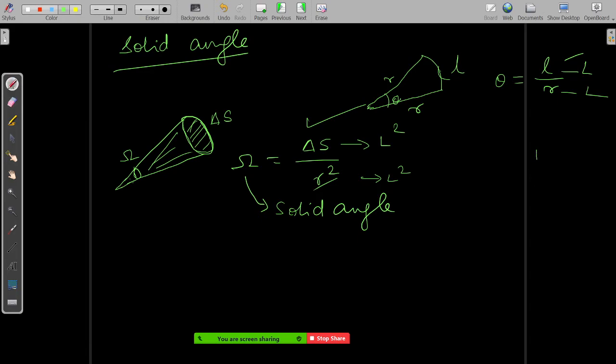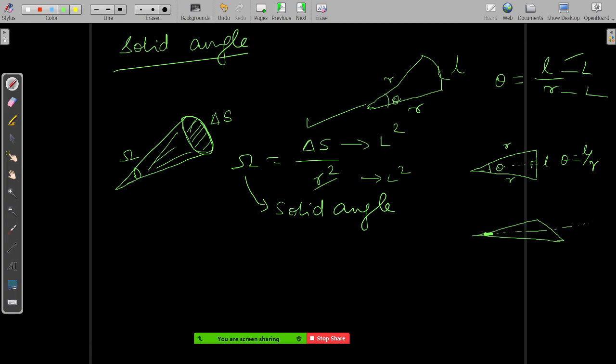So let's say this L is very small, and then you try to find the angle subtended here. We are not dealing with it like an arc, so it is L. So theta is equal to L by R. In this case, the central line makes an angle of 90 degrees. Now the same thing, if it is extended in such a way that it is not perfectly making an angle of 90 degrees with the central line.